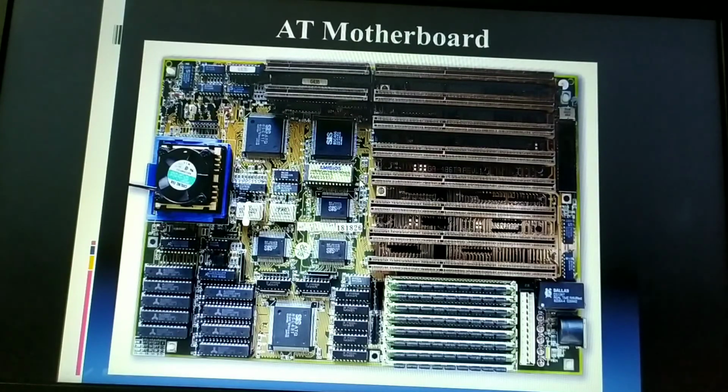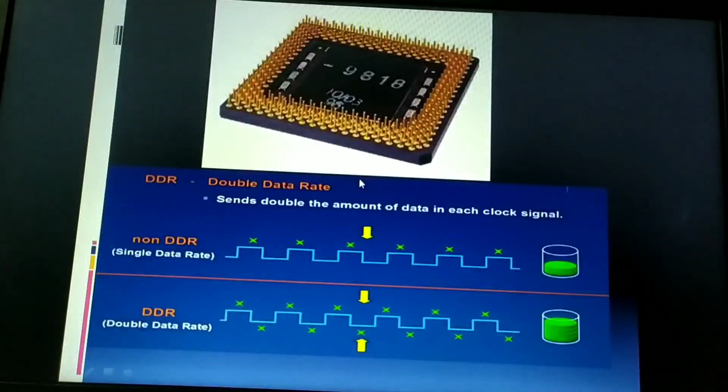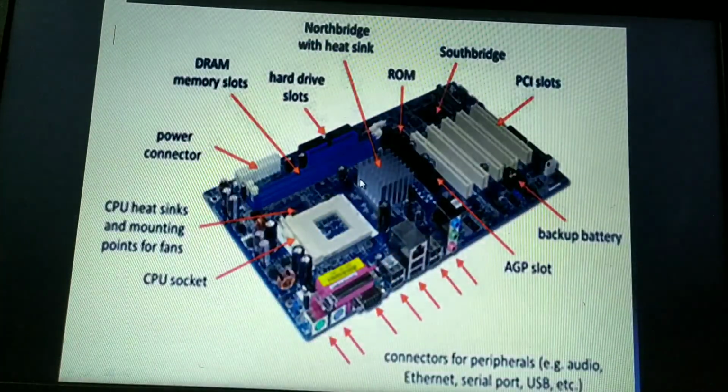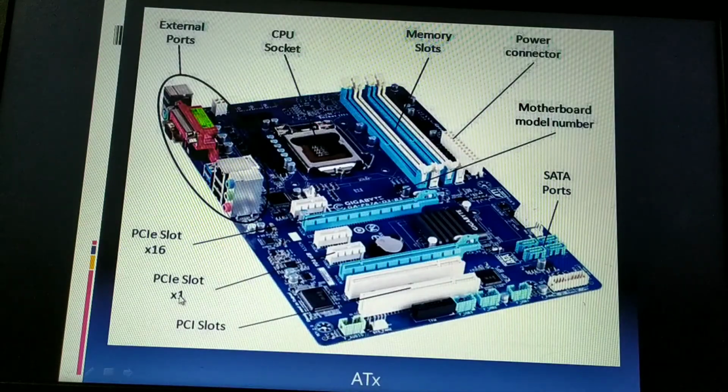Moving on to the next one, the PCI Express slot. PCI slots are different. That's the peripheral component interconnect. Whereas the PCIe slot refers to the peripheral component interconnect express slot. It has a faster bus architecture than the AGP and the PCI buses.